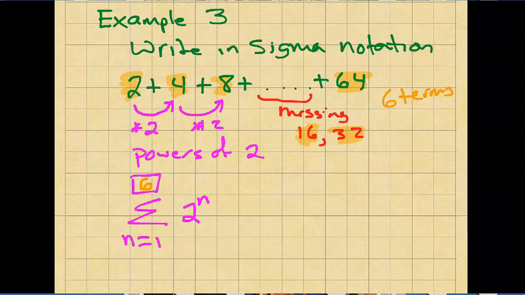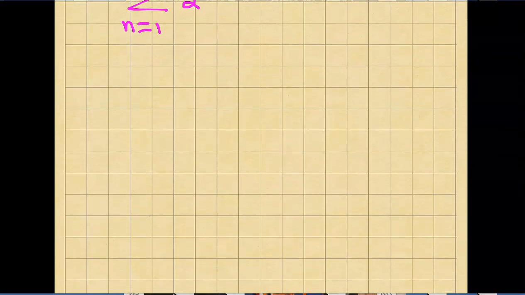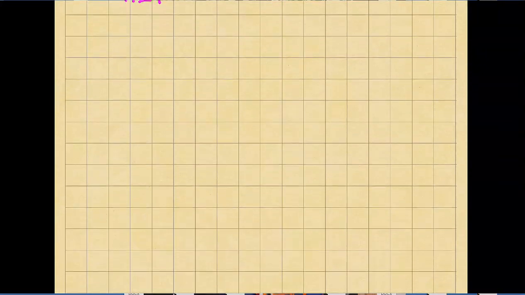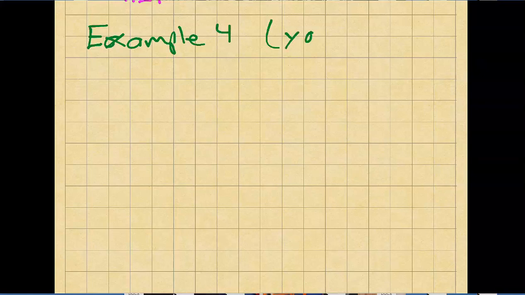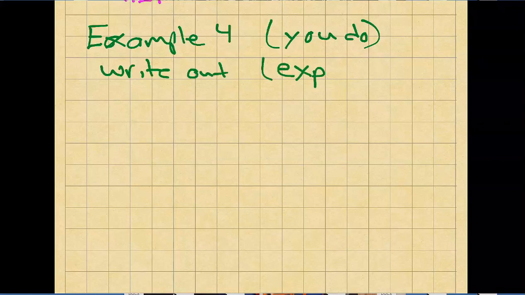So now I'm going to have you do two examples and allow you to pause the video and then see if you can write out what it does to the same kind of thing. So first one, example 4, and then we're going to call it "you do." So you're going to do it first, and it's going to be write out. Sometimes that's called expanding. So write out or expand